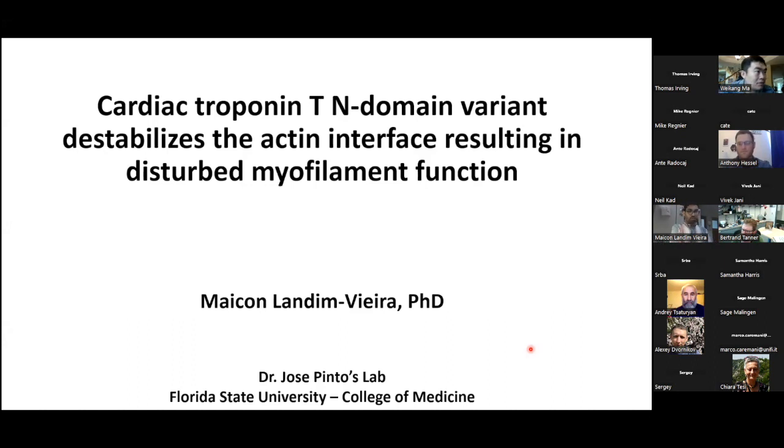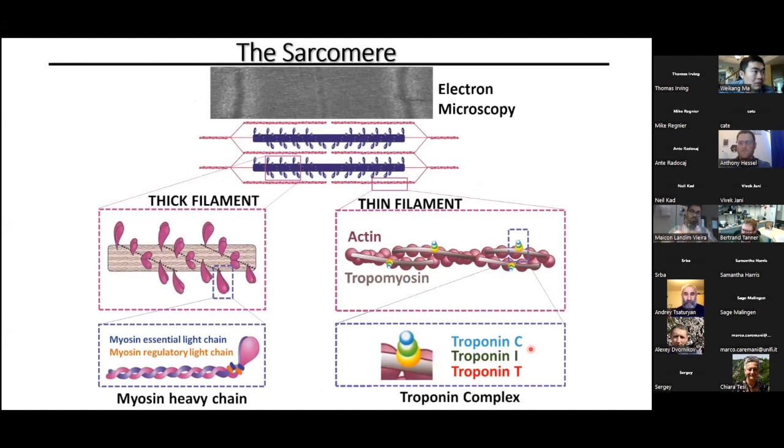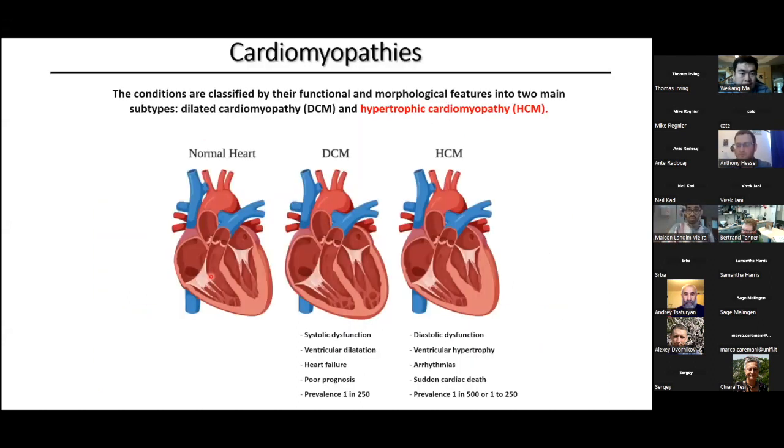Okay, so we know that the sarcomere is the smallest functional unit in a striated muscle, and it's composed of thin and also thick filaments that all together work to form this elegant and well-coordinated structure responsible for muscle contraction. Unfortunately, in some cases, alterations in the function of the sarcomere caused by, for example, variants in the sarcomeric proteins can lead to cardiomyopathies, or disease of the heart, such as dilated cardiomyopathy and hypertrophic